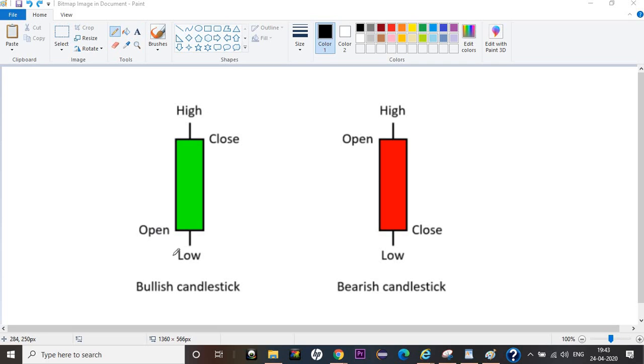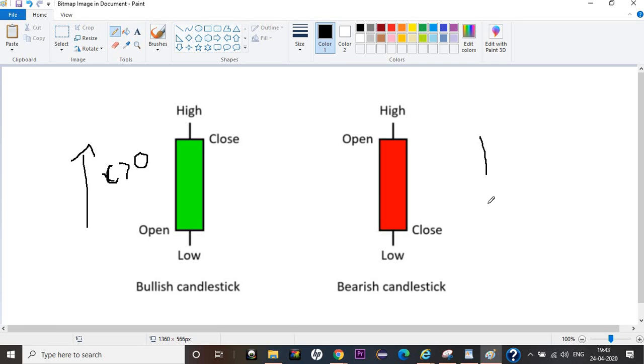So coming back to this screenshot I have about candlesticks, we have two kinds of candles. One is a green candle and the other is a red candle. Now a green candle means market prices are going higher, right? So my open is less than close, my close is greater than open. That means the price has gone up, and that's why my green candle has formed, which indicates that the market, that particular stock, is going higher.